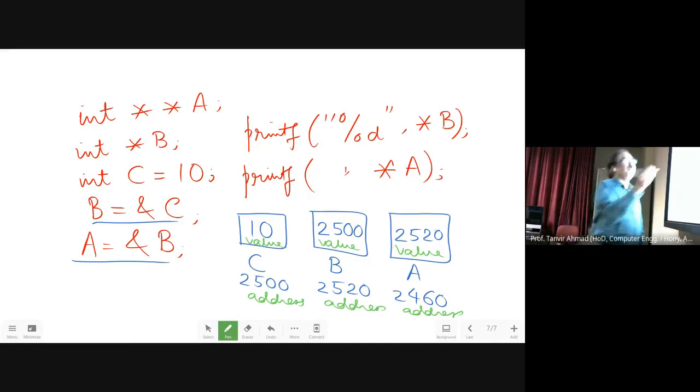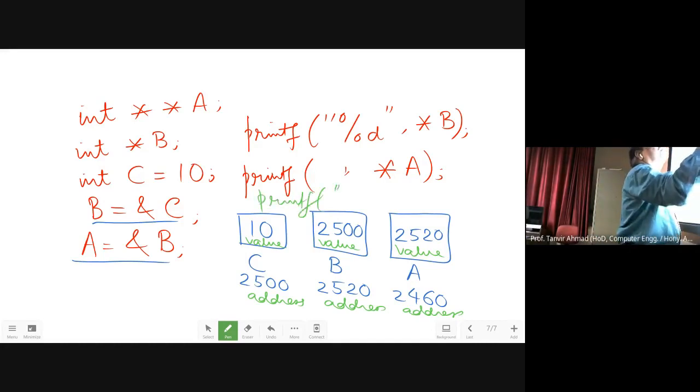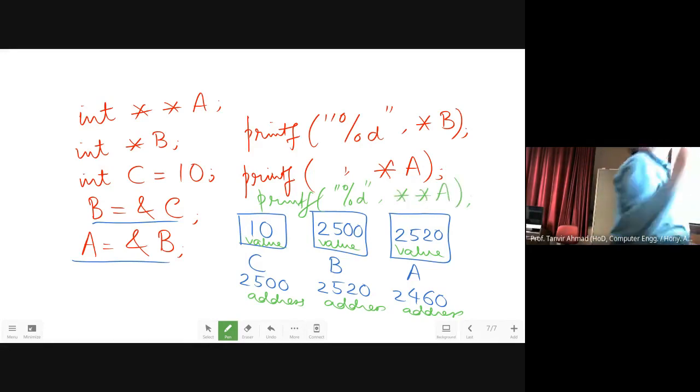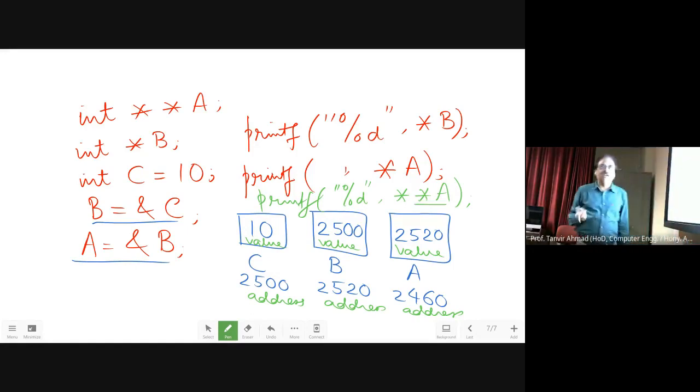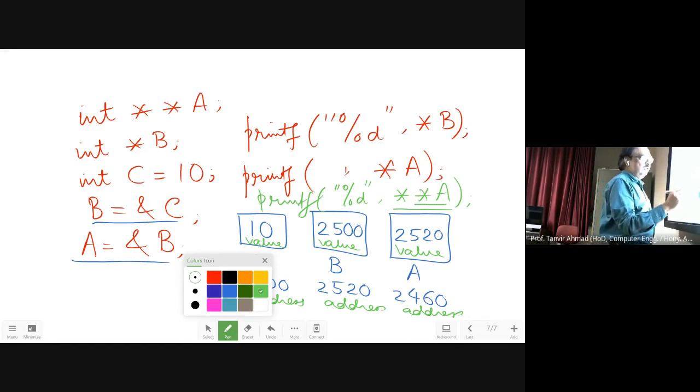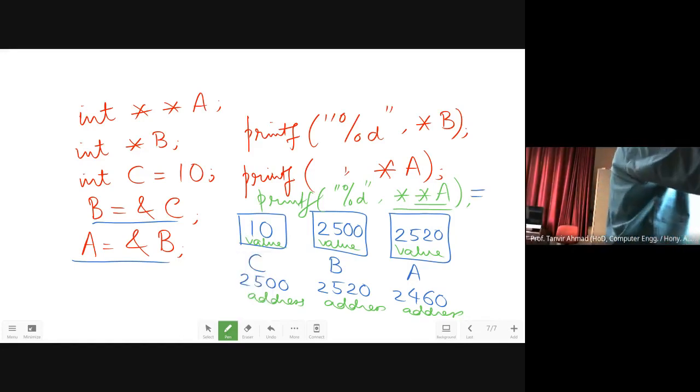But if you are going to print like this, now this one is going to dereference the value and it comes to 2500. Once it dereferences again, it comes to the address 2500 and takes the value 10. It means that in this case you will get the value equal to 10.